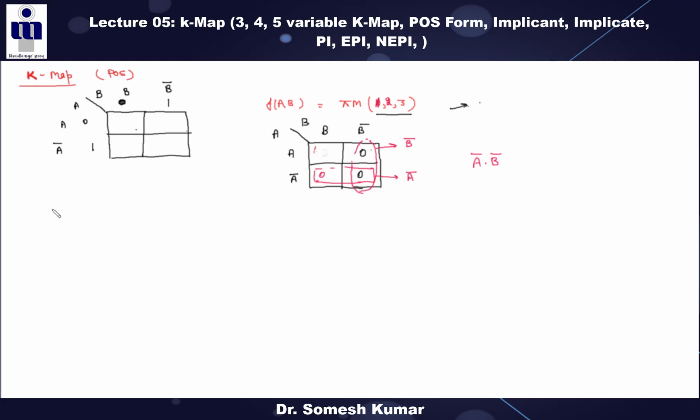Now I am taking one more example in which we will discuss the don't care condition. This is very similar to SOP form, the only difference is zeros and ones. Now tell me, what is the solution for this? This is two variables. Here the don't care condition is given at position 3. So this is your K map. This is 0, this is 1, this is 2, and this don't care is at 3. So how many pairs are possible for it?